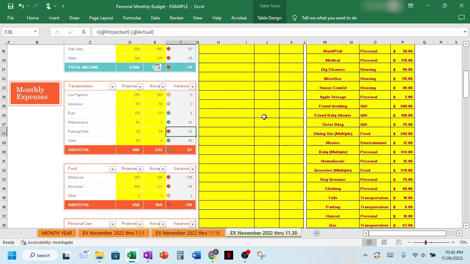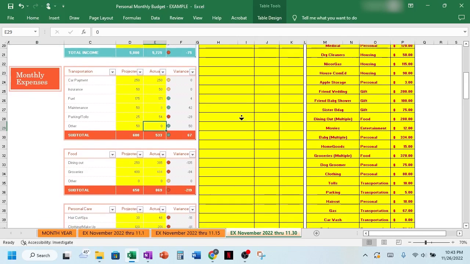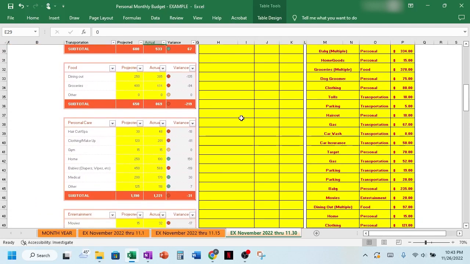That's $29 more than we projected. Maybe that's an area we have to look a little deeper into and ask, why did we spend so much money on parking and tolls? Maybe it was that one-time nice dinner, where we spent $20 parking plus $5 tip at the valet. Now, you didn't spend any money on other for transportation. That's great. So maybe we could decrease that a little bit in December if you're not expecting any one-time cost